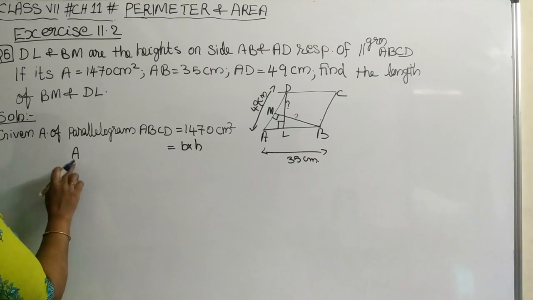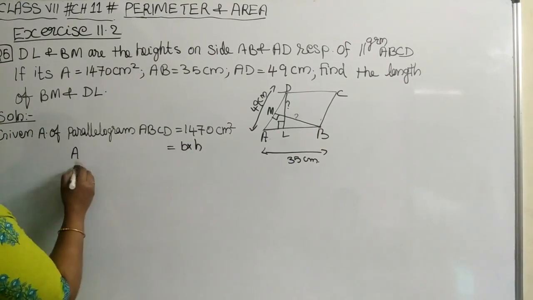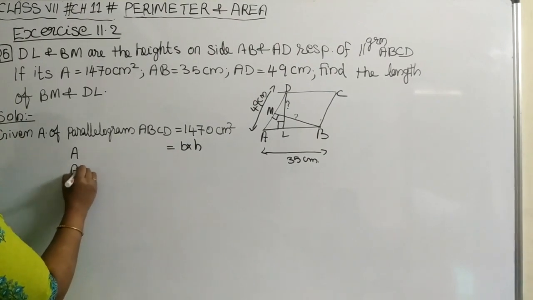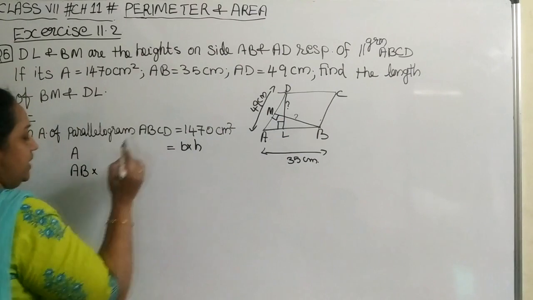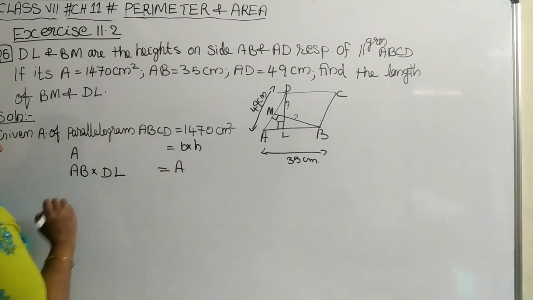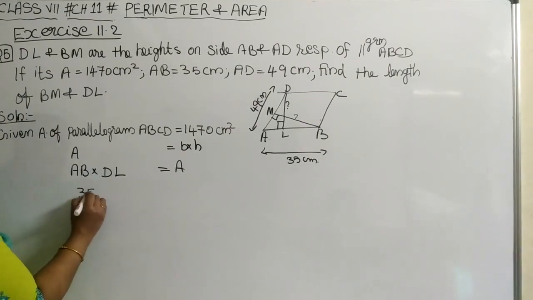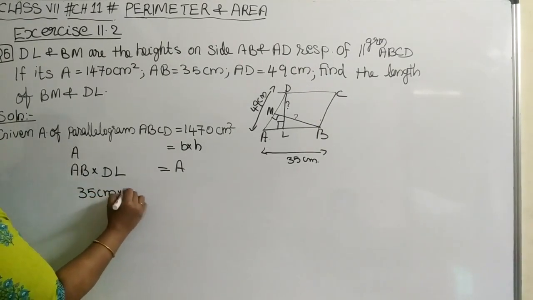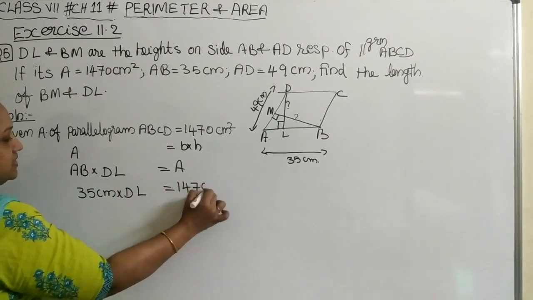So we can write here area means base into height, which is giving AB into perpendicular height towards AB, DL, equal to the area. We can substitute the value. AB is given as 35 centimeter into DL equal to 1470